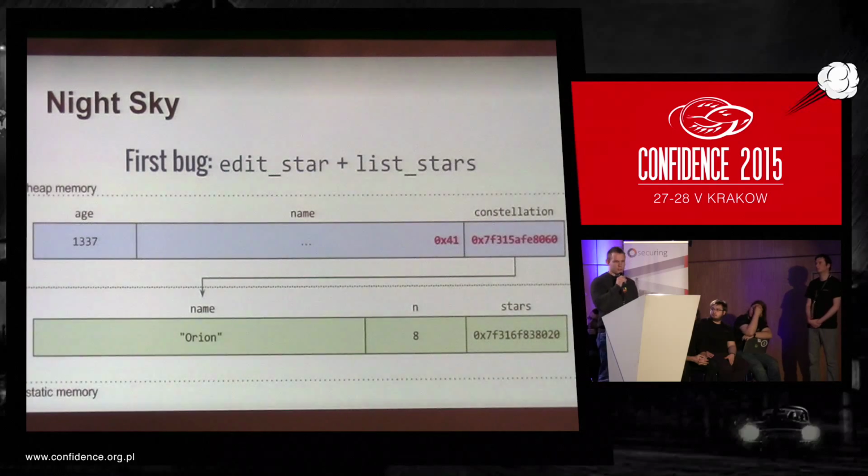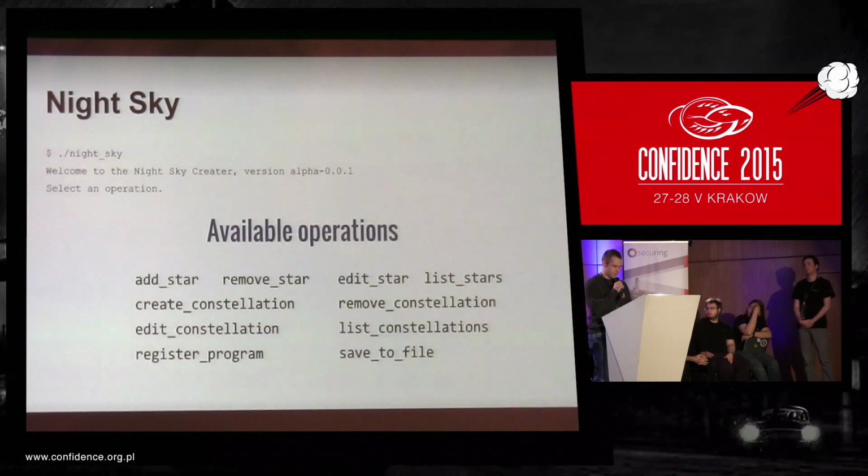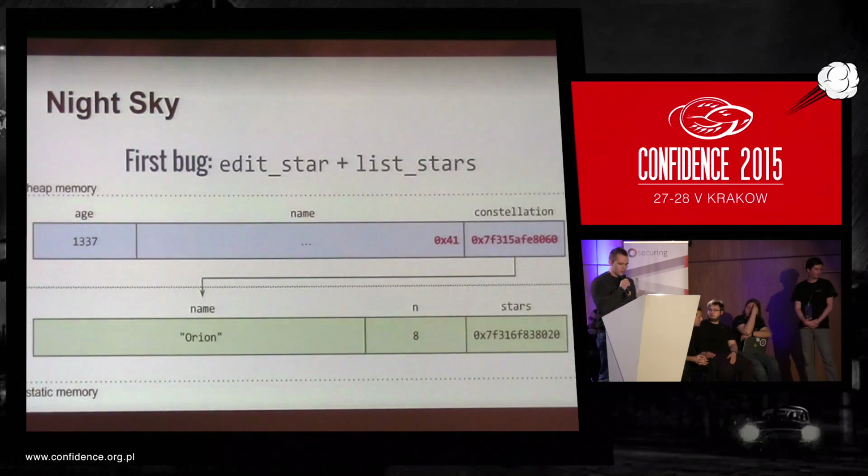Okay, so there are a few bugs in some of those available operations that you had to chain in order to get the task done. The first bug was in the edit star command. You had to take advantage of the fact that the structure describing a star had a static buffer called name, and